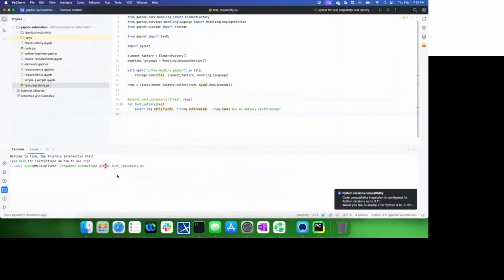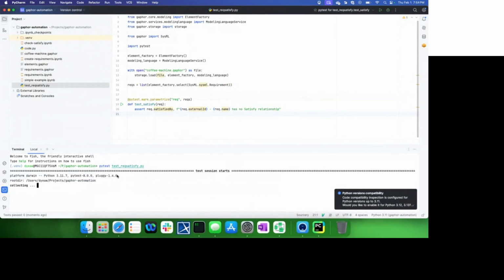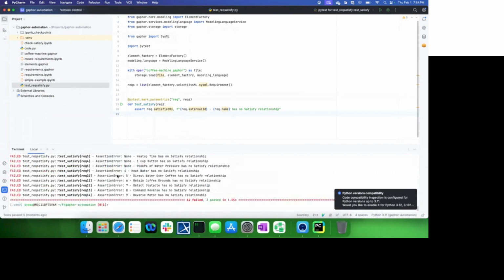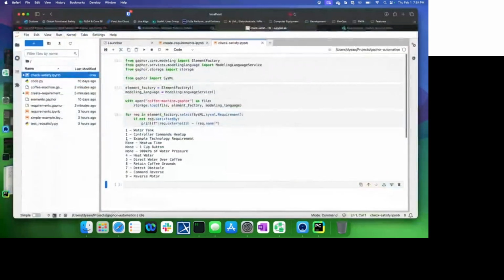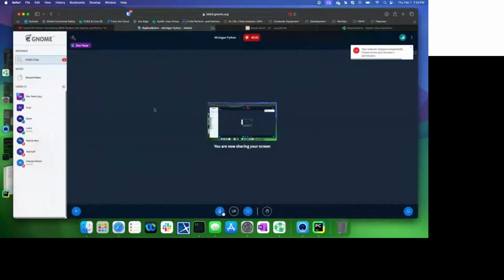So if this might be a little small, but if we run Pytest on this test requirement satisfy, it's going to run through the tests, and you can see it's actually pretty similar to what we had in our Jupyter notebook, that it ran all these tests, and these are all test failures, that all these requirements are missing the satisfy relationship. Cool. And once again, then you could set it up with continuous integration and